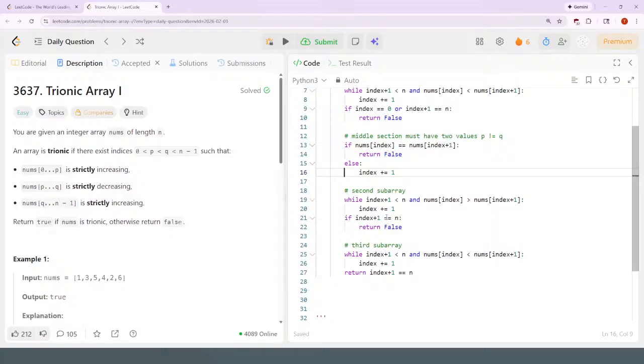Ooh, that's pretty tricky logic. I think because there's a guarantee that,